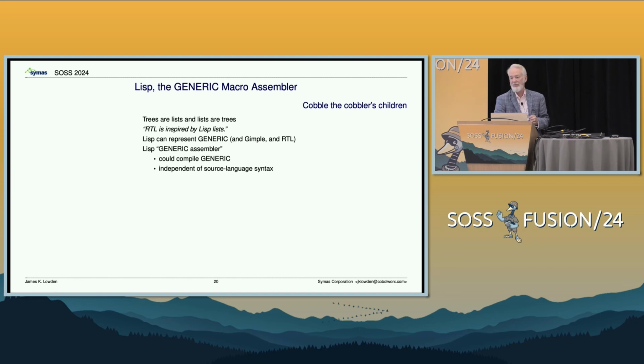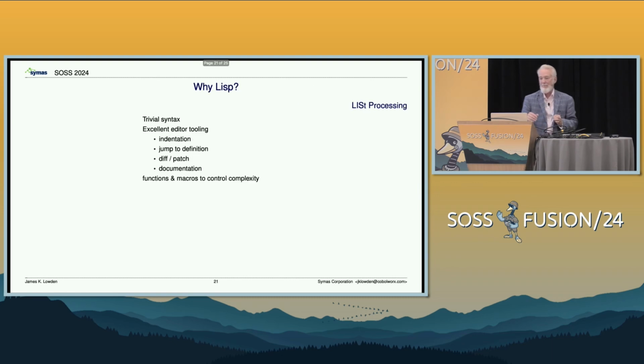I think it would be a much simpler Lisp than Common Lisp, actually. But there's nothing to stop you once you start. First of all, Lisp has almost no syntax. That's a good thing when you're trying to do something simple.